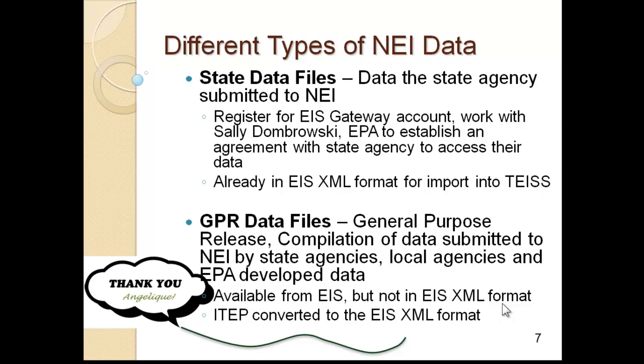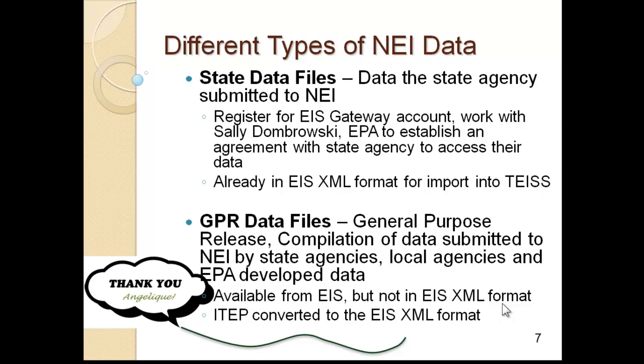The state data files are already in the EIS XML format, and that's the format they need to be to import into TEISS. The second set of data files is the GPR data files, and that stands for the General Purpose Release. And these files are a compilation of data submitted to the NEI by the state agency and the local agencies, and it also includes the